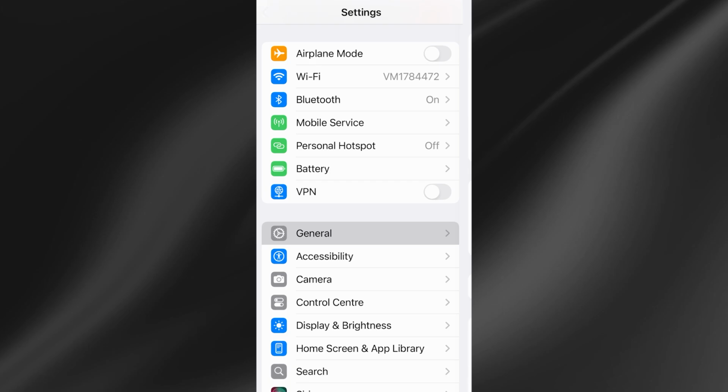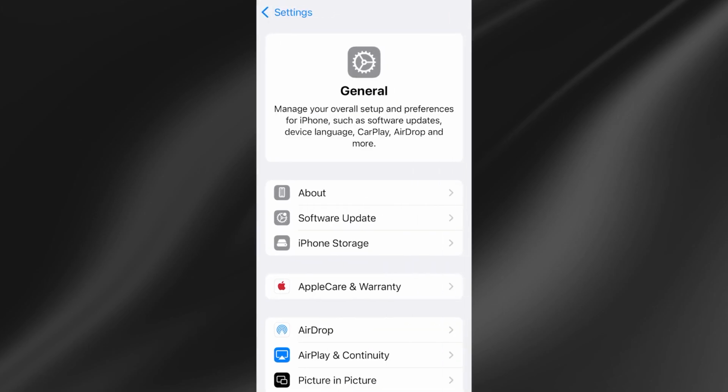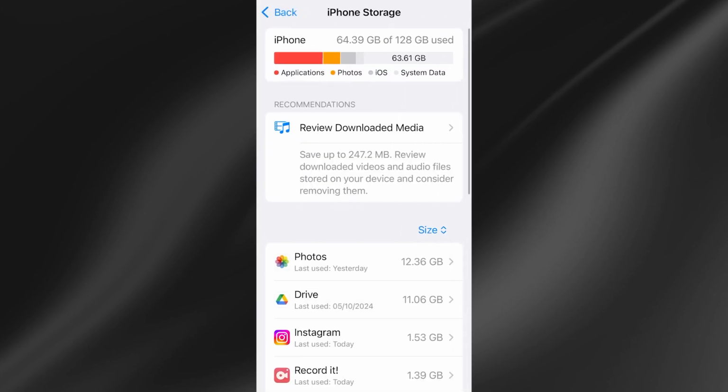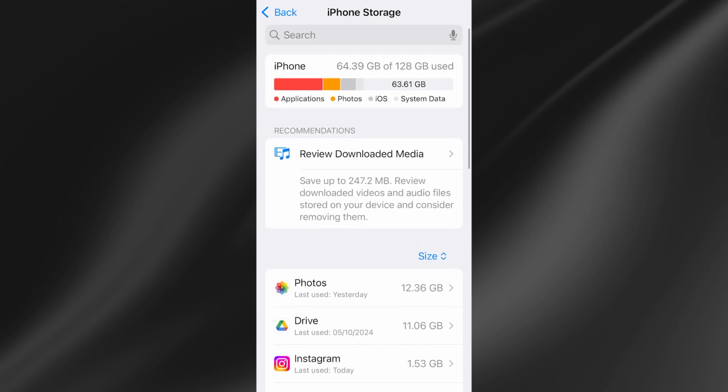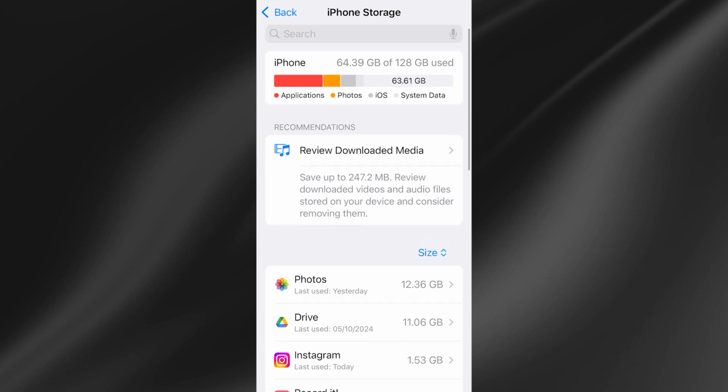So to fix this, you first need to head over to the settings app on your phone, scroll down and select general from the list, scroll down and select iPhone storage, and right at the top here you'll see how much space we have available on our device. So you can see I have 64 gigabytes out of 128 gigabytes, which is more than enough space to run